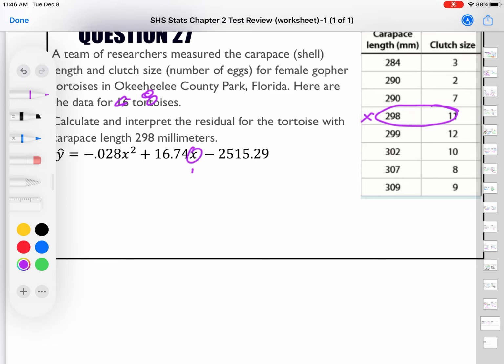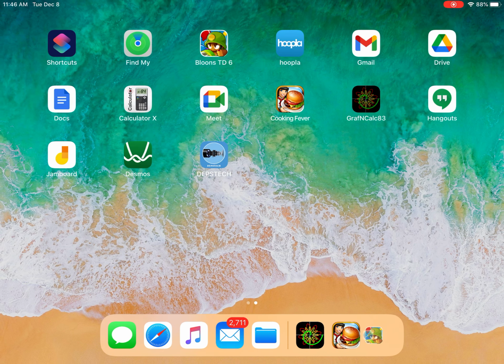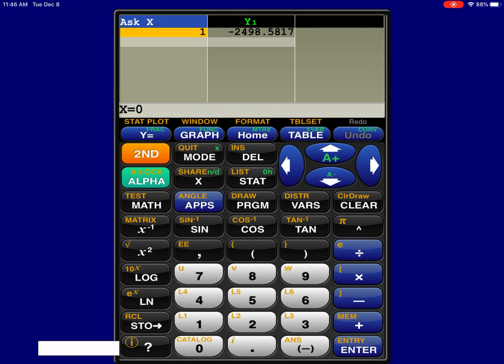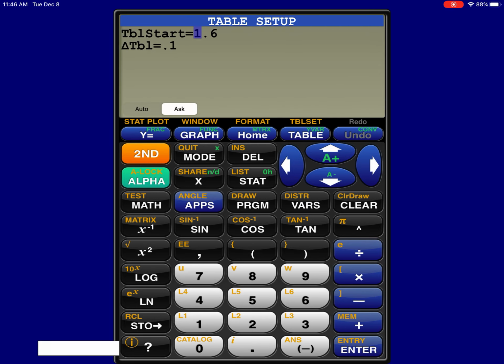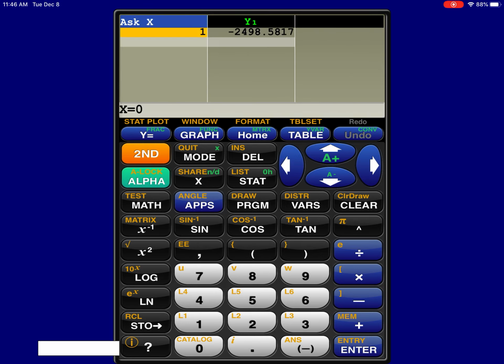So if I put in X equals 298 here, I'm just going to use my calculator, table. And I have the second table set, and it says I have ask highlighted. So it's asking me what number I want. So I'm going to go to table, and then here I just want 298. And it gives me an answer of,